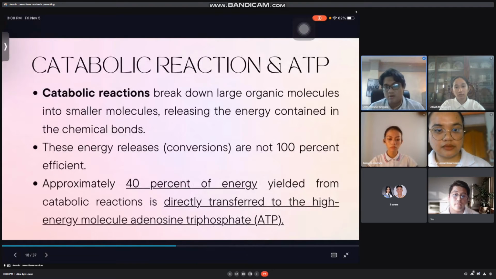Okay, Mr. Delacruz, would you please further elaborate? The breakdown of carbs releases energy and contains chemical bonds. So yung catabolism or the reaction, yung large molecule natin convert siya sa smaller molecule to be used as energy. So yung conversions na to or yung energy, kapag yung convert, it is not 100% efficient. Therefore, 40% of energy that is produced or na nagawa doon sa catabolic reaction is directly transferred by high energy, which is known as our energy or the adenosine triphosphate or the